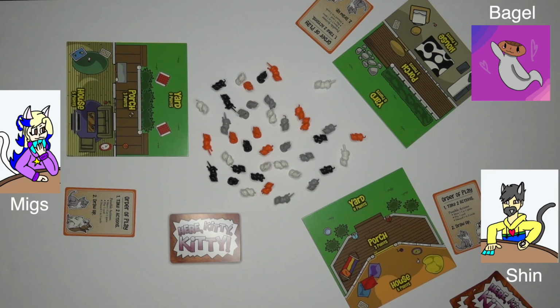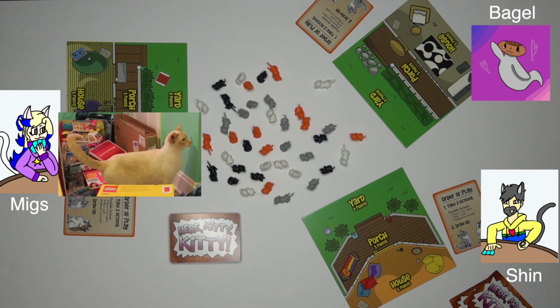So like all the best games, this game does actually have a rule mechanism for who gets to go first. And in this case, it's who owns the most cats. Since my apartment complex doesn't currently let me have a cat, and Bagel is a minor and therefore doesn't own anything, I believe that means that your cat, Finn...